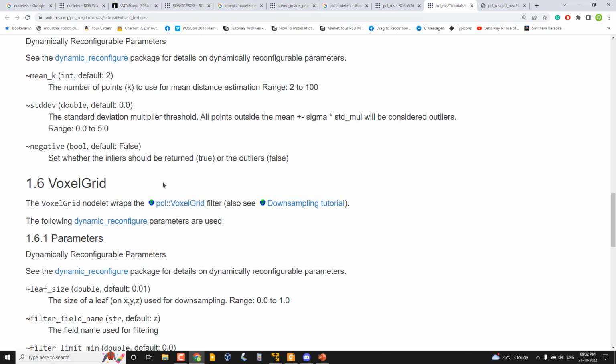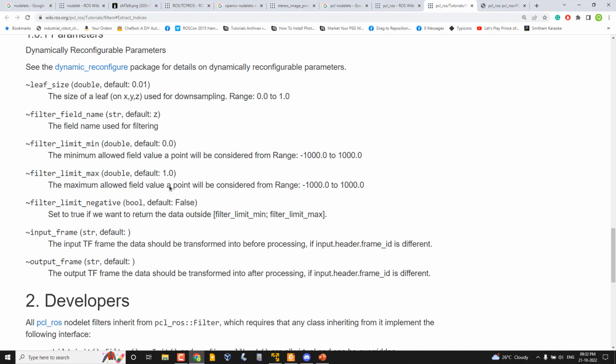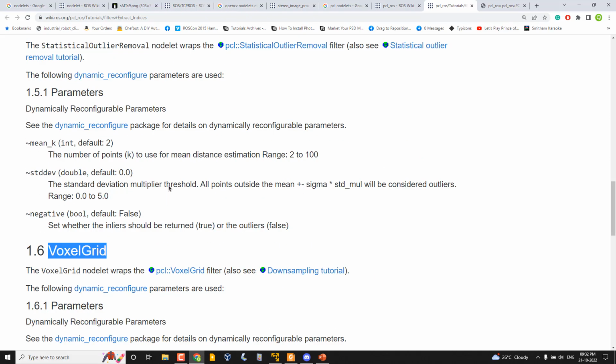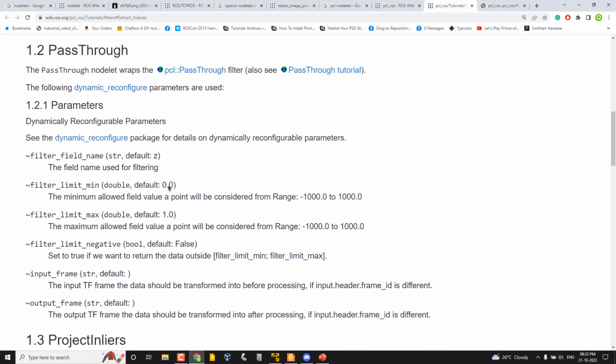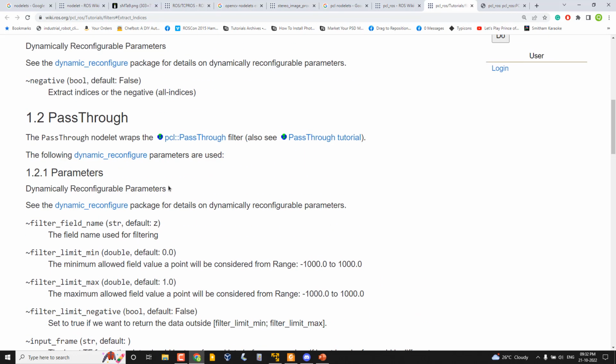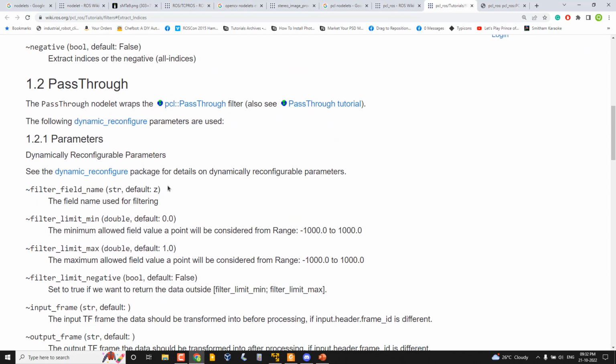It's all like voxel grid. This is one famous filter, like it is downsampling the point cloud. So all these things are available. So all these nodelets will have a set of inputs and a set of outputs and also some parameters. Okay, so if you can map these inputs and outputs and configure these parameters, then the nodelet will work, something